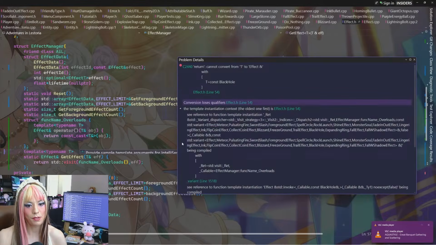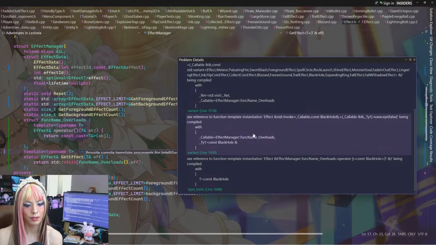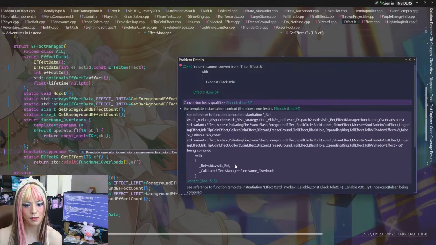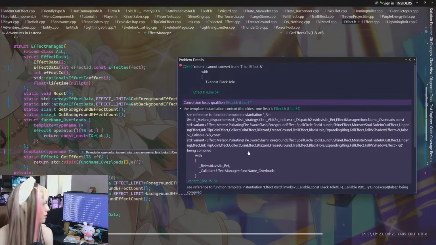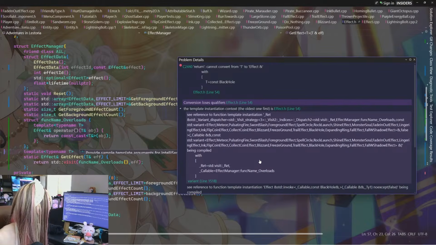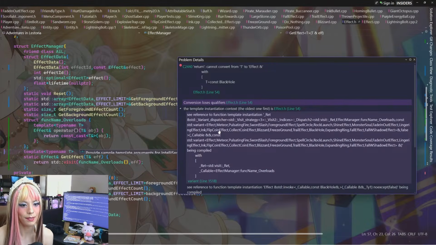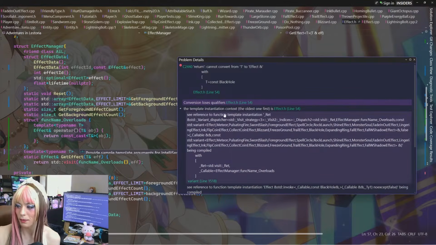It just says specifically const black hole. It's not like it's saying really where it's coming from either. It just says conversion loses qualifiers, period. And that's really all it says. And I'm like, well, that doesn't help.